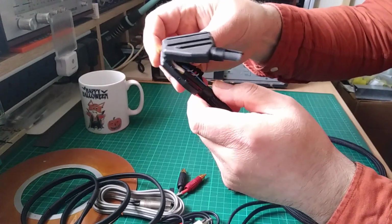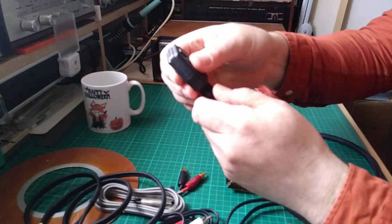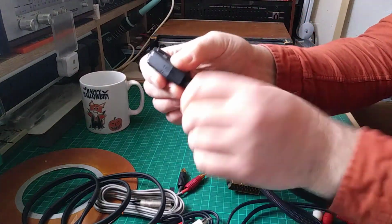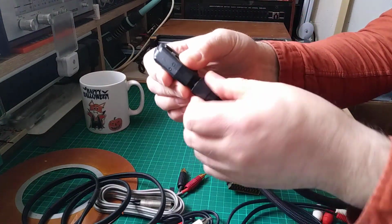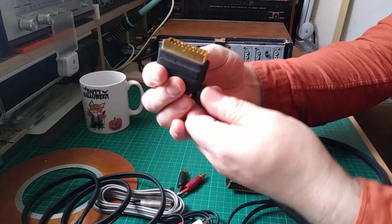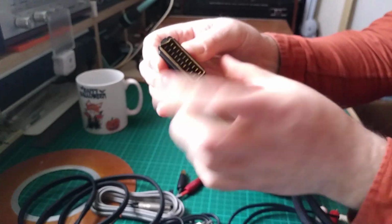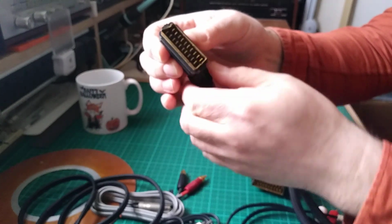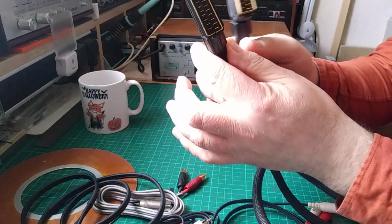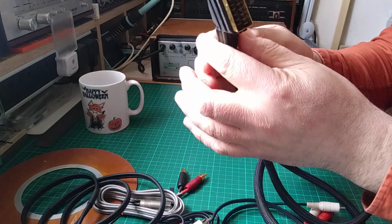I don't know whether I could make one of these again today. As I say, my eyesight is not what it used to be, and I used to be able to remember exactly which of all these pins in here was which, and how to wire it, and it was usually a crossover when it came to the other side. So it did make it